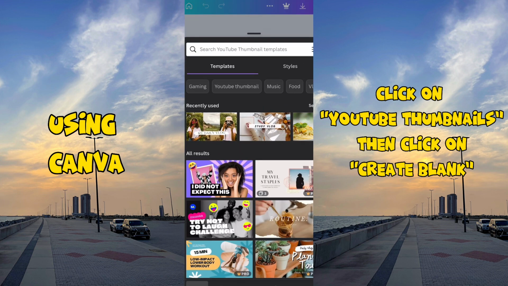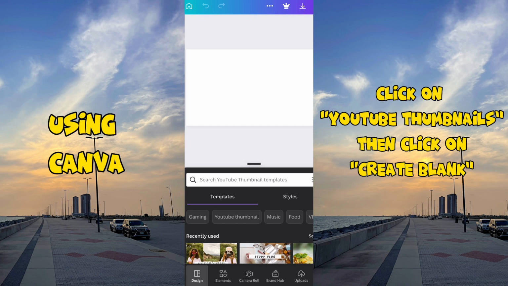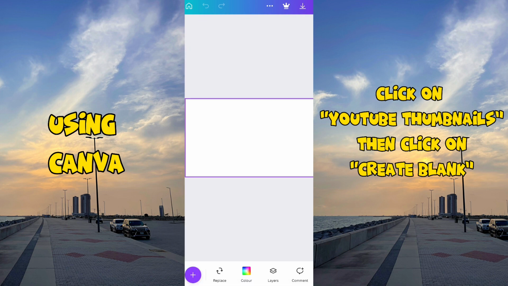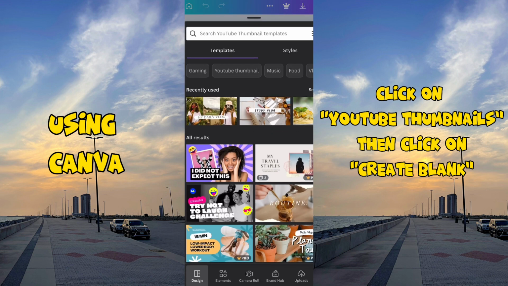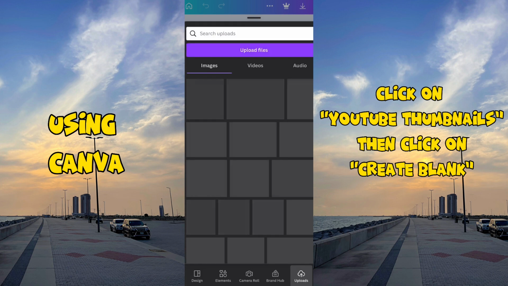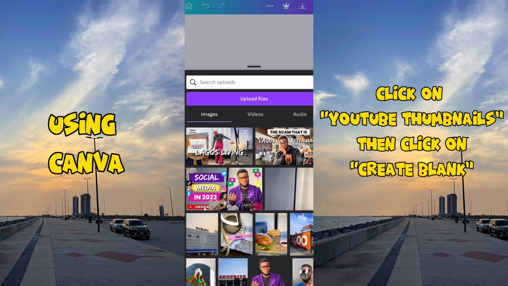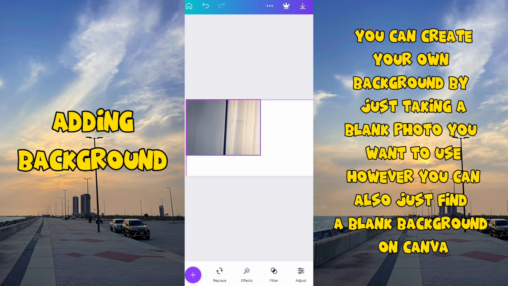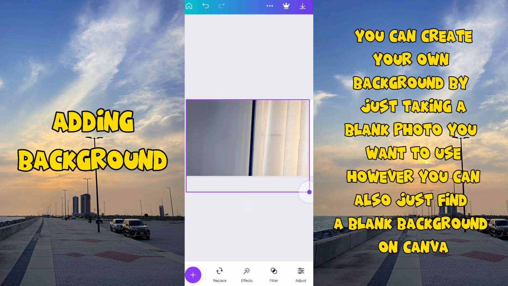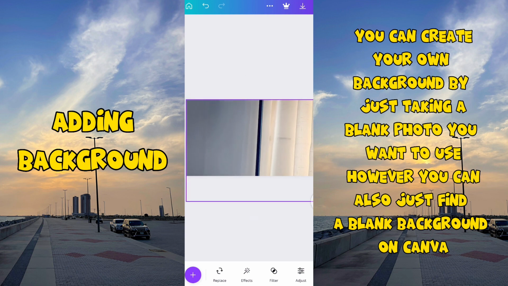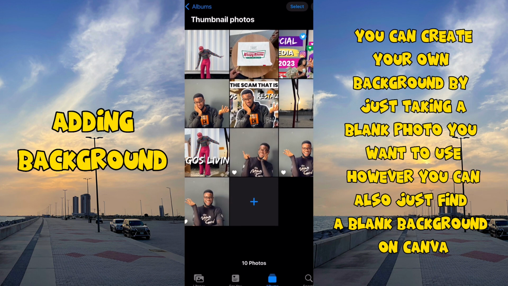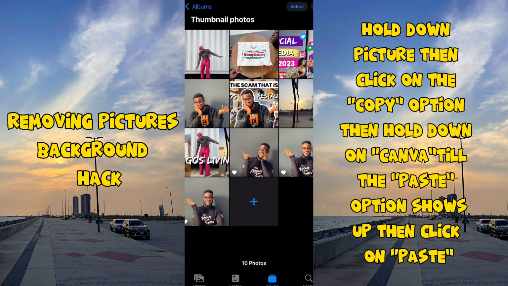Now, I know that Canva probably offers you a bunch of options to use, but I like to start from scratch when it comes to things like this. So what we want to do is search for a picture that we can use as our background. I personally like taking my background pictures with my phone. Like I said, just take a random picture that you think is going to go well with your background, and when you're done, you want to